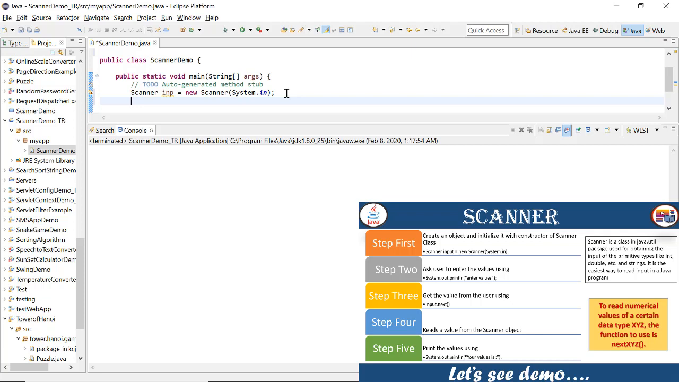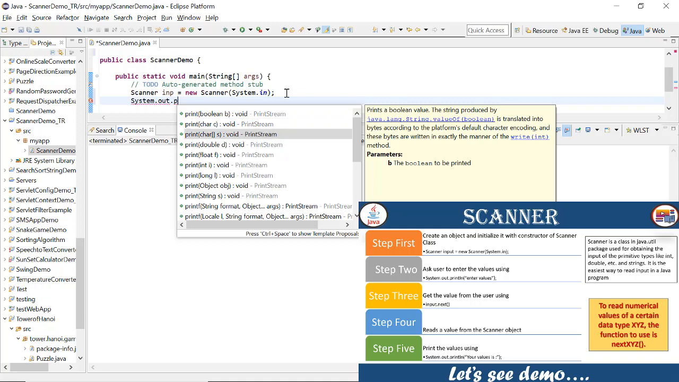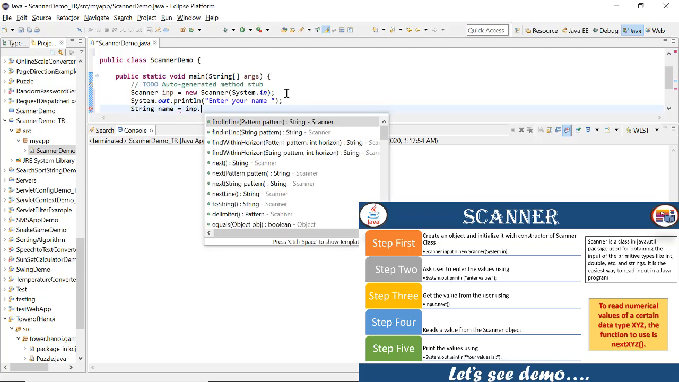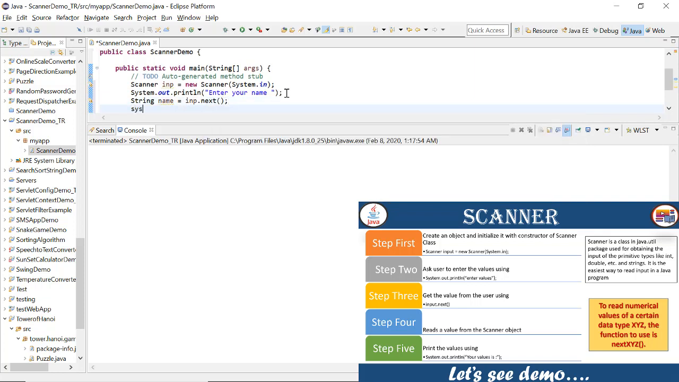Now once the object is created, step 2, we are going to ask the user to print the values. Enter your name. String. Step 3, we are going to get the value from the user. So input dot, and for string we are going to use next. And once that is done, step 4, then at step 5 we need to print the value. So your name is